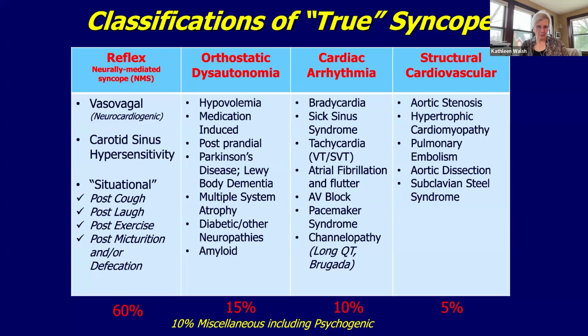So he was having syncope, he had loss of consciousness. And when someone comes in with loss of consciousness, it's not just, oh gosh, you were dehydrated. No, there are many different reasons. And so these are the categories that we look at when someone loses consciousness and which one they belong in. This is part of my job. And what I'd love to do is figure out why people are passing out. The most common is reflex mediated. I can guarantee you people listening in today, probably about a quarter of you have had reflex mediated syncope. Blood draws, hot weather, things like that. Dysautonomia, I see a lot of patients, Parkinson's, like I mentioned, cardiac arrhythmia, and structural heart disease. So these are the categories that we look at when someone syncopizes.